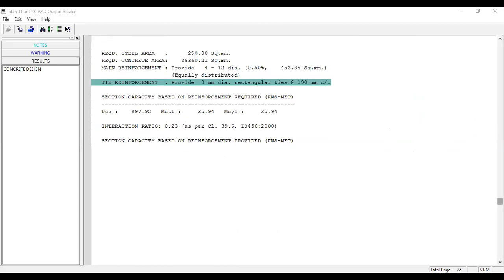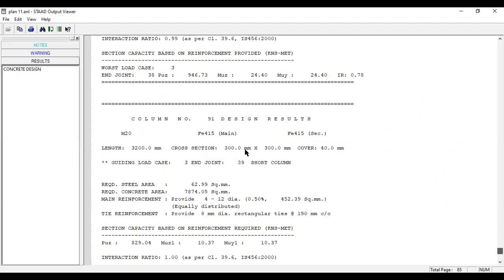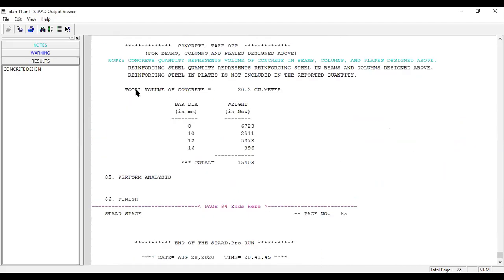At the end of the particular table, you will see a take off. Total volume of the concrete required to construct all the beams and columns is 20.2 cubic meter, and the weight of the reinforcement will be shown in Newtons. 8 mm dia bar you need 6723 newtons, 10 mm dia bar you need 2911 newtons, 12 mm dia bar 5373 newtons, and 16 mm dia bar 396 newtons, and total reinforcement you need 15403 newtons.